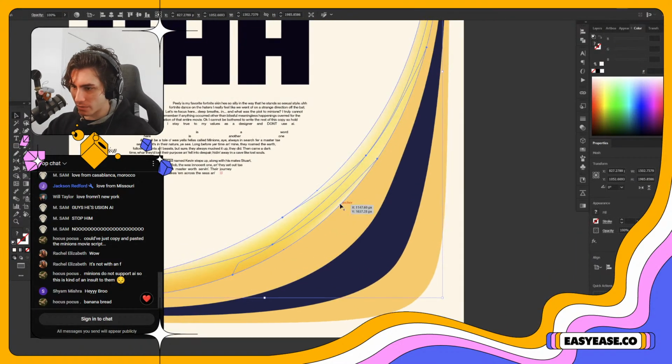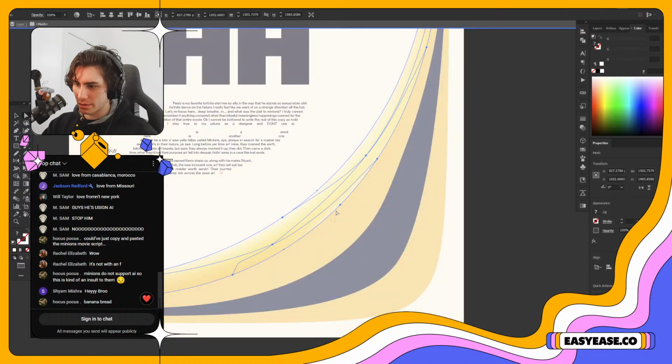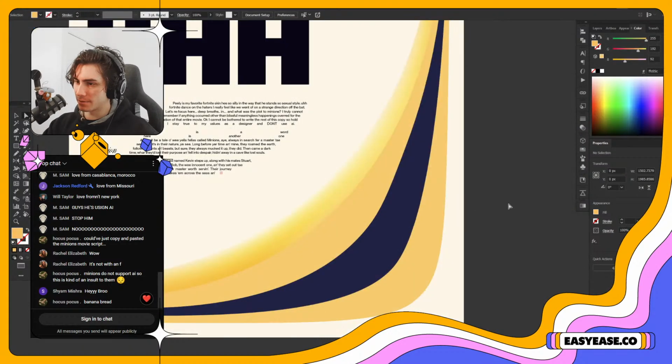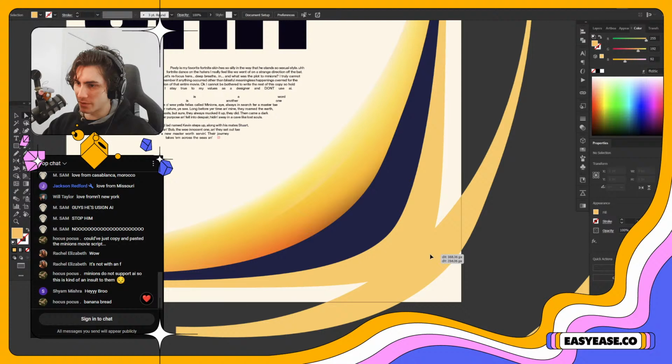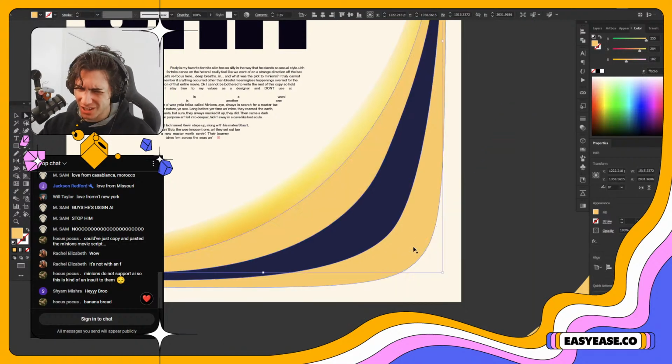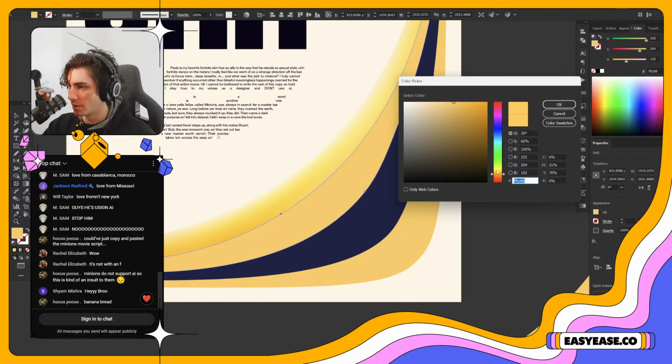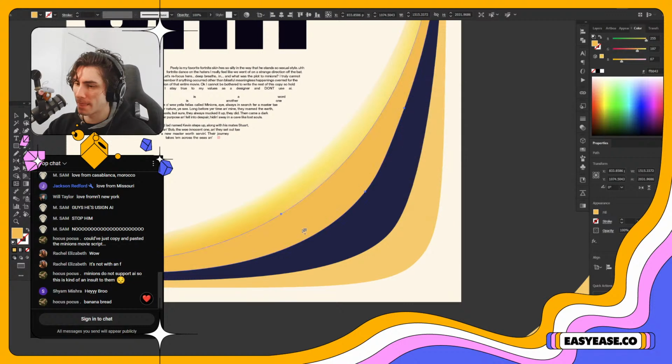I think that's nice. I don't love the white. I think it's a little too white, so I'm going to make it less of that. I'm gonna make it like that color. Is that even visible? Oh, it's so subtle. Oh, it's so nice and subtle. So we're gonna do the same thing with this one. I might just set the color beforehand. Let's go with a bit of that.